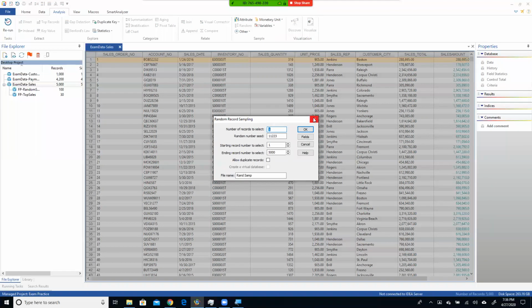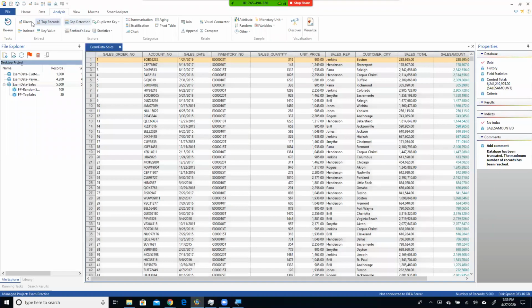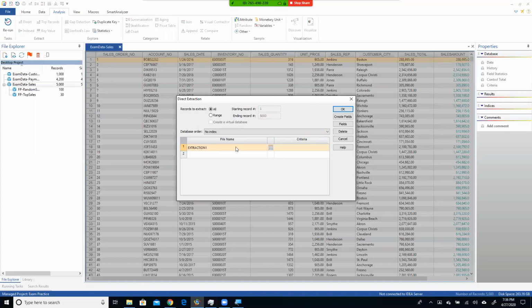So first you would have to create a direct extract, right? A direct extract with the parameters. And so first you would say March 2015 transactions, right? And then of course that would be FP,